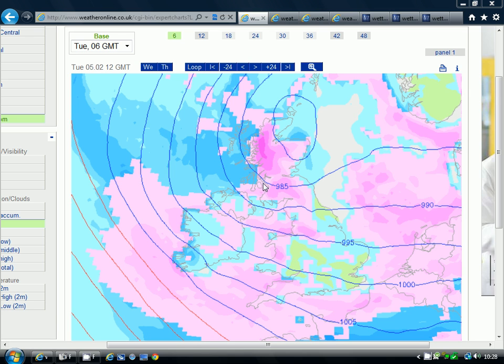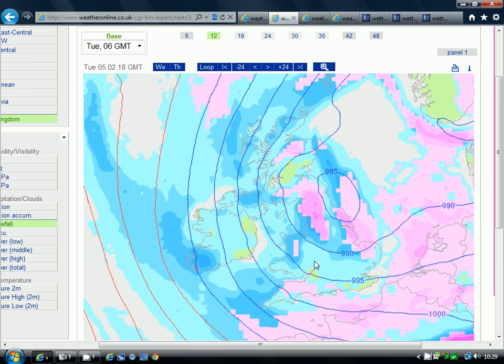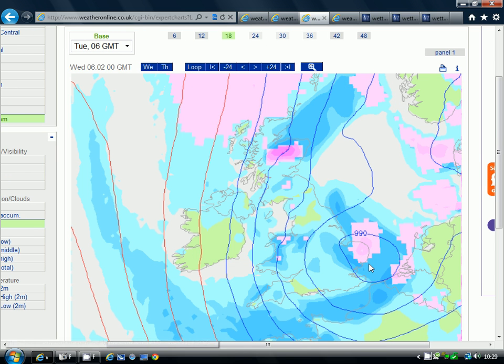Some quite heavy snow showers here across central and western parts of Scotland, with the risk of blizzards as well over the hills and the mountains. And we're also bringing wintry showers into northern and western parts of the country through the course of this morning. Then we get an area of rain, sleet and snow developing across northern England through the afternoon, and that slips southwards in towards the southeast parts of the country.